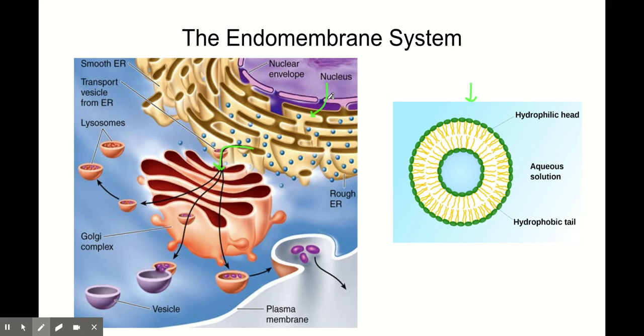Right? So we have transcription that occurred in the nucleus, translation that occurs in the ribosome, and then a vesicle comes off of the membrane and moves towards the Golgi. When it gets to the Golgi, remember that there are enzymes and different processes that happen in the Golgi that help modify proteins, whether that is adding or removing different elements from its structure, helping it finish folding. But once it's ready, that vesicle, which entered the Golgi on this side by actually fusing, the membranes fuse with one another,